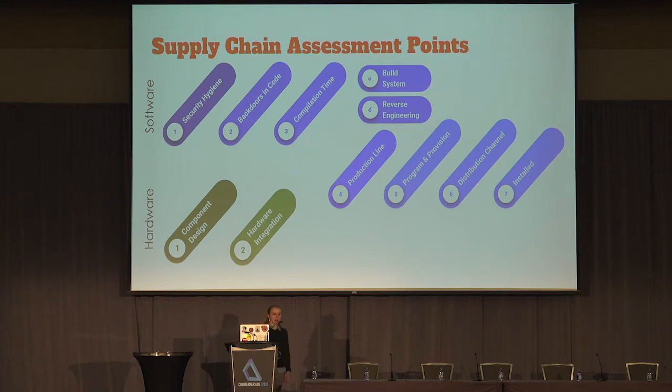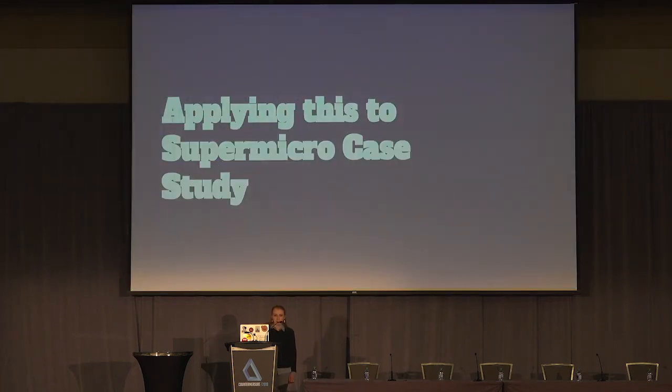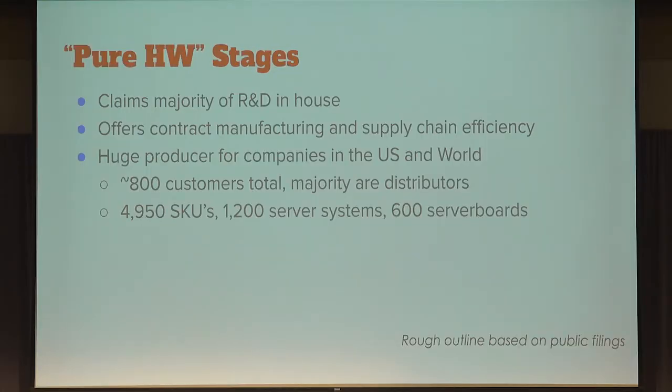Now, attacks are possible at 6 and 7. So distribution, obviously, you don't know who's shipping your stuff where or what's being done to it in that process. However, we're not really going to talk about that much today. Okay, so